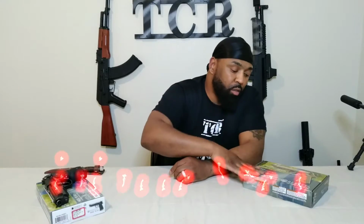It is one of my favorite replicas, or a variant of such. I also have an example of what my favorite replica is here, and we'll be comparing them in a little bit, but let's talk about the M9A3. Now, as you can see, this is a flat dark earth version and was intended and built to be the new military's